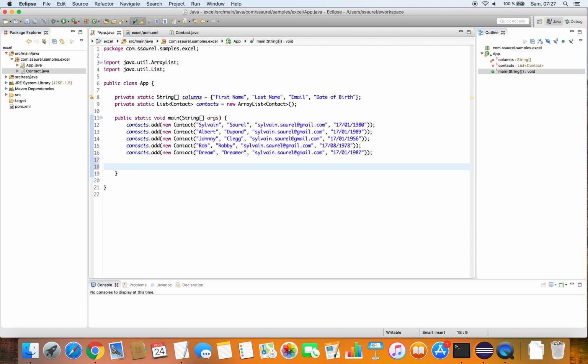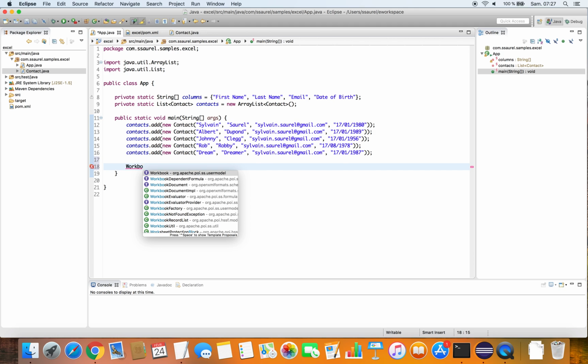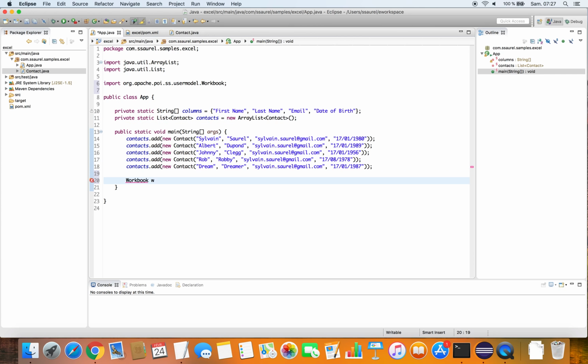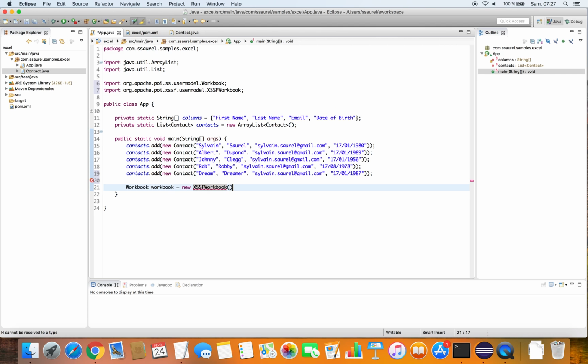Now we can create an XSSF workbook instance because we want to generate an XLSX file. For an XLS file, we should use the HSSF workbook class. So we instantiate this object, and then we create a sheet by calling the createSheet method of the workbook instance created previously. We name it contacts.